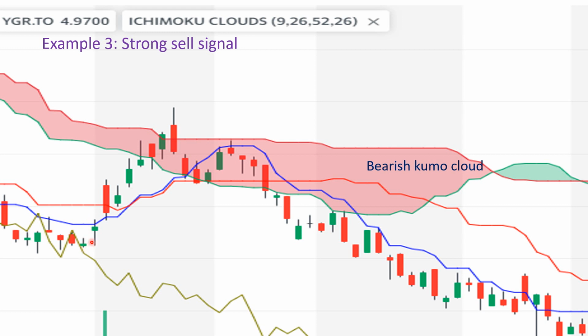The price is going upward here and here entering the Kumo cloud, and it gets rejected by the resistance level, bounces back and hits the support level, dynamic support, and is rejected again,